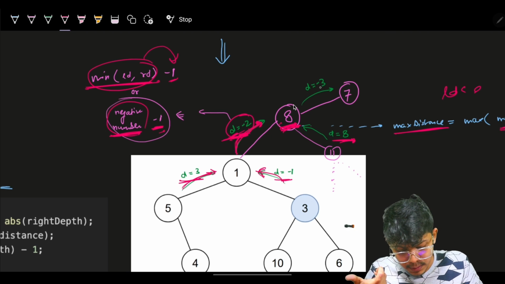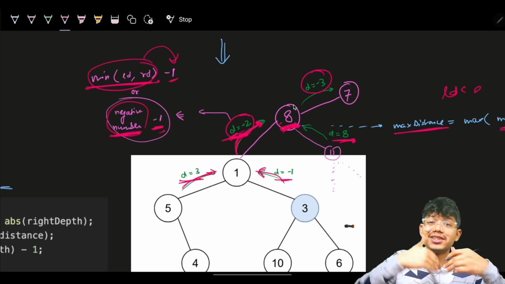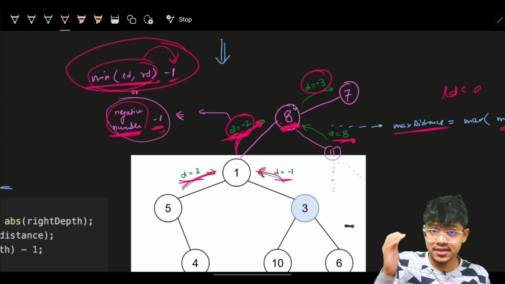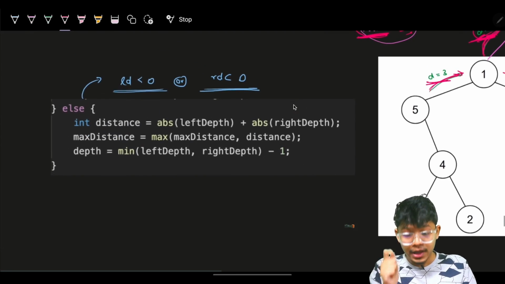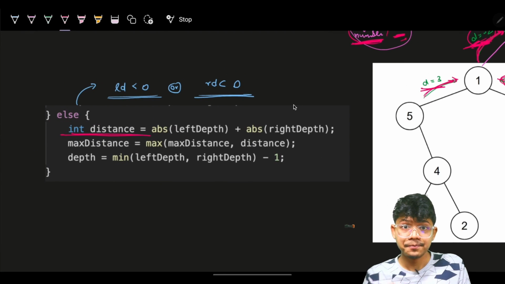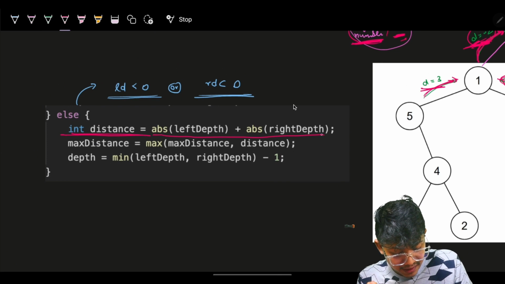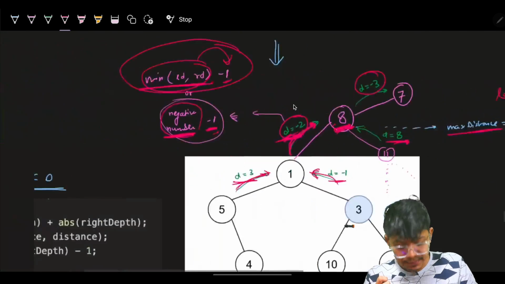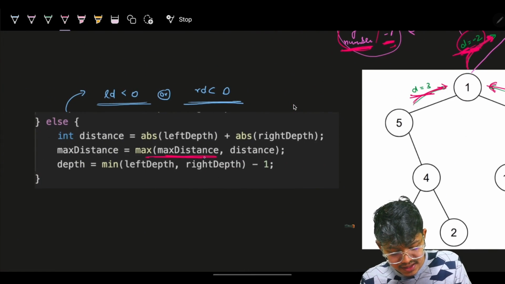Add a -1 will become a 3, -3, and I'll simply propagate that. So that's the reason, to make the code shorter, I am using a minimum of left distance and right distance. And that's how I will have this else condition in the code, where I will find this distance, which is again the absolute of left and right depth. As you remember, it is absolute of left depth and right depth,